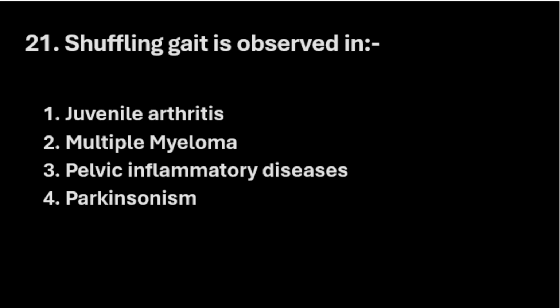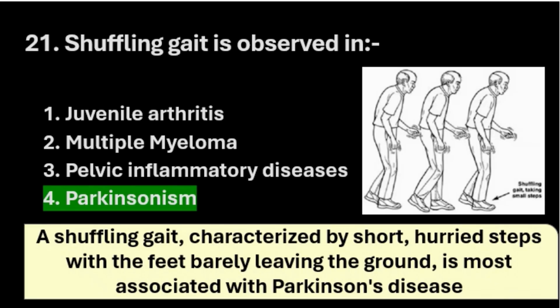Next question. Shuffling gait is observed in option 1, juvenile arthritis, option 2, multiple myeloma, option 3, pelvic inflammatory diseases, and option 4, Parkinsonism. The right answer here is option 4, Parkinsonism. A shuffling gait characterized by short, hurried steps with the feet barely leaving the ground is most associated with Parkinson's